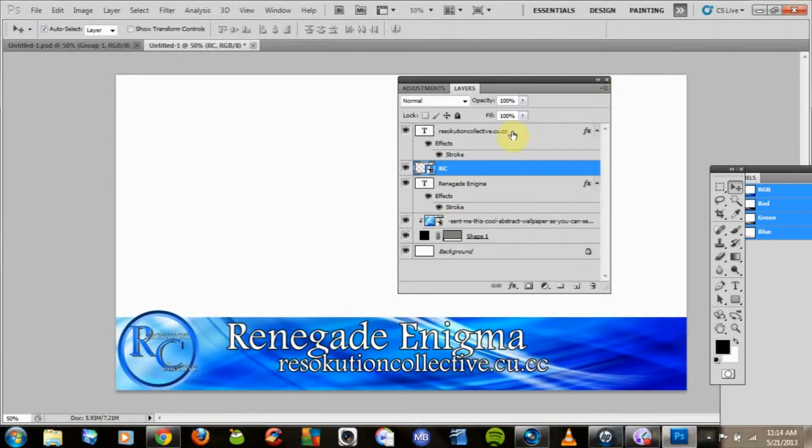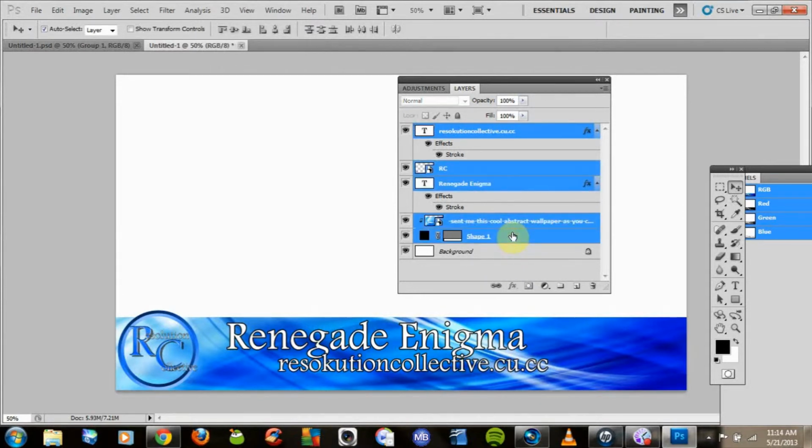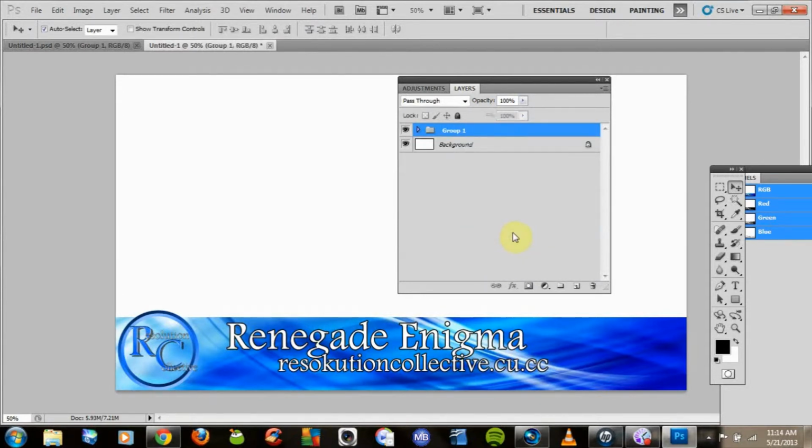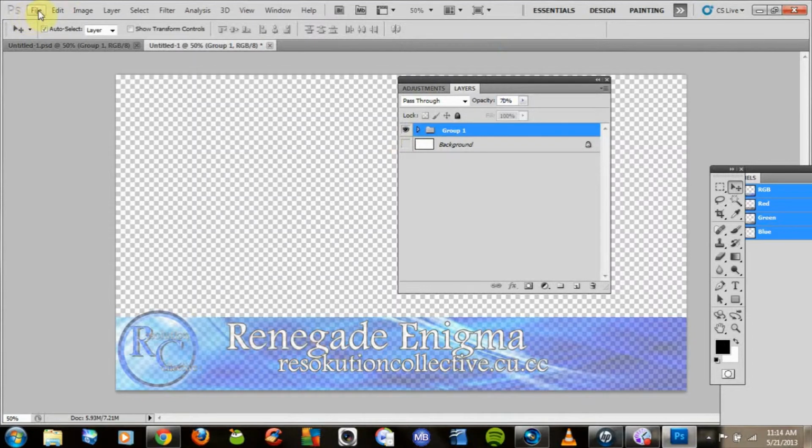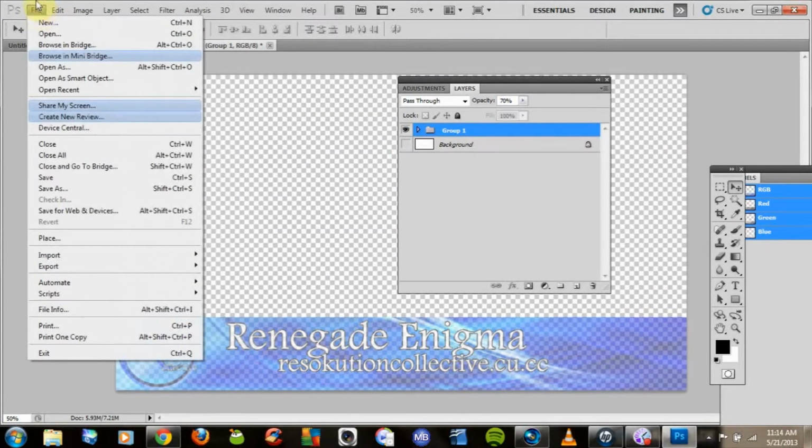Now what you want to do is click on your top layer, then hold shift, click on your bottom layer, hit Control G, and you make a group, right? And you want to lower the opacity. You don't have to do this because that looks cool right there, but just that extra step. Go about, let's say, 75% or 70% as it were, and you have that there. And you basically turn off your background layer, go to file and save, and yeah, you have your